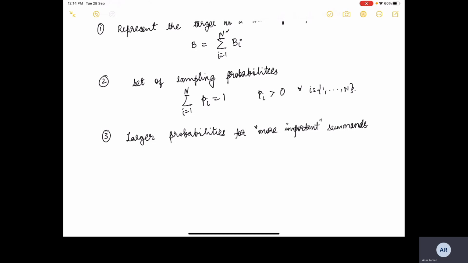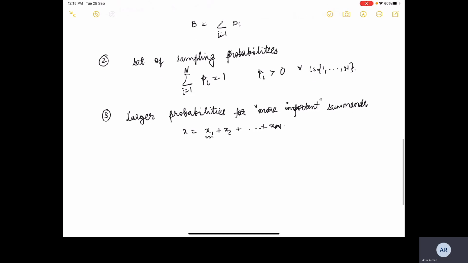In the lecture that we saw a long time ago, we said that if we want to approximate x, let x be a scalar, by a sum of scalars, then the sampling probability should be proportional to the value of x. So if one of the components xi is larger, then the probability of picking that particular xi should also be larger. For that particular example, more important summands are those whose absolute value is greater.